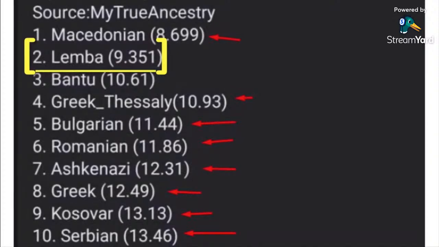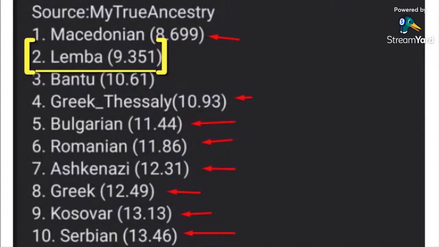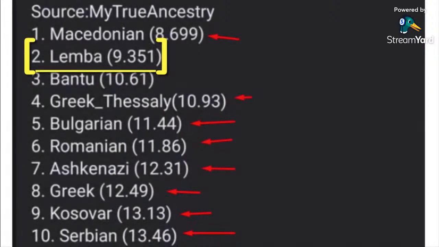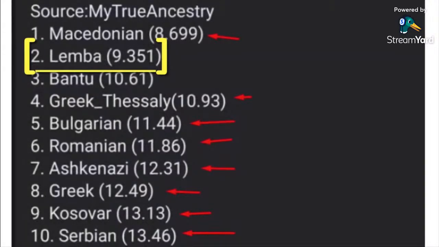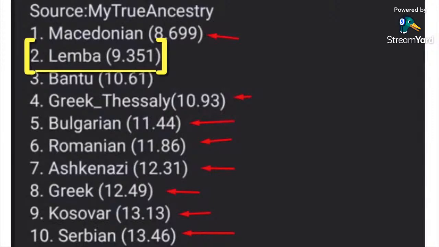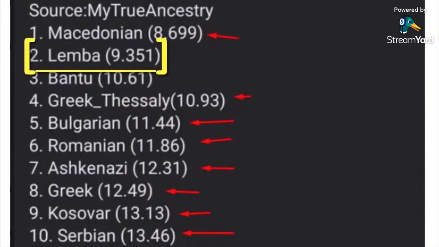Now, the man was using My True Ancestry, but the system that's employed by that company overlaps with the system that's employed by Oracle. So you can be confident that if the man in question got Lemba here, he can get Lemba in GEDmatch Oracle as well, right? And yet the Teotw twins have declared him to likely be an Edomite, as if to say that autosomally, he's not an Israelite.